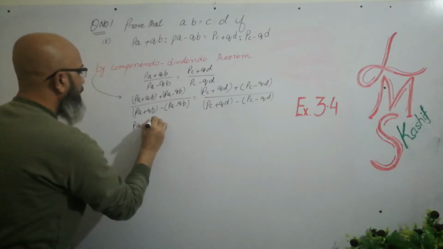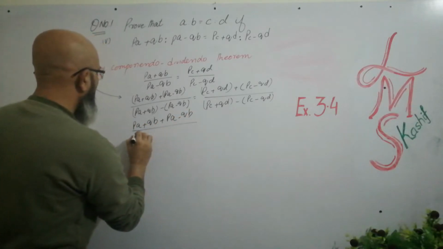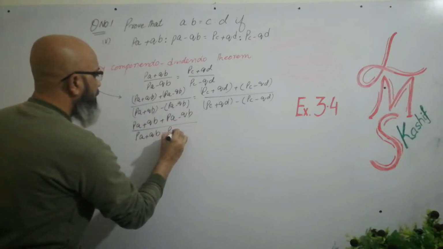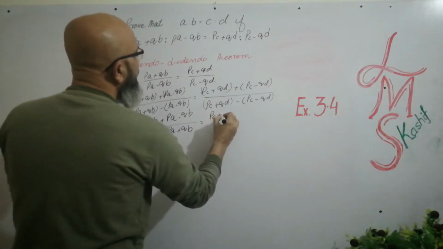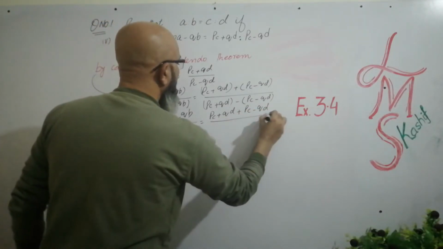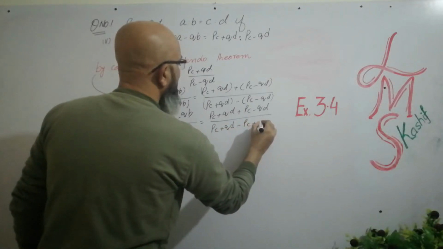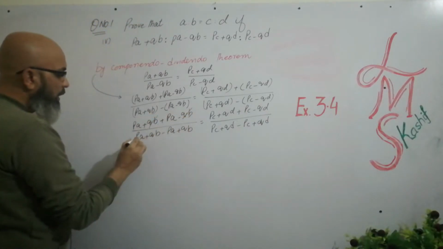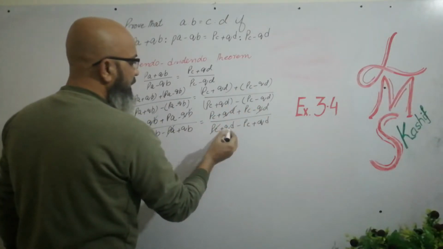PA plus QB plus PA minus QB over PA plus QB. This minus will change the sign. Minus PA plus QB is equal to PC plus QD plus PC minus QD over PC plus QD minus PC plus QD. Now QB would cut with QB, PA would cut with PA, here QD cut with QD and PC would cut with